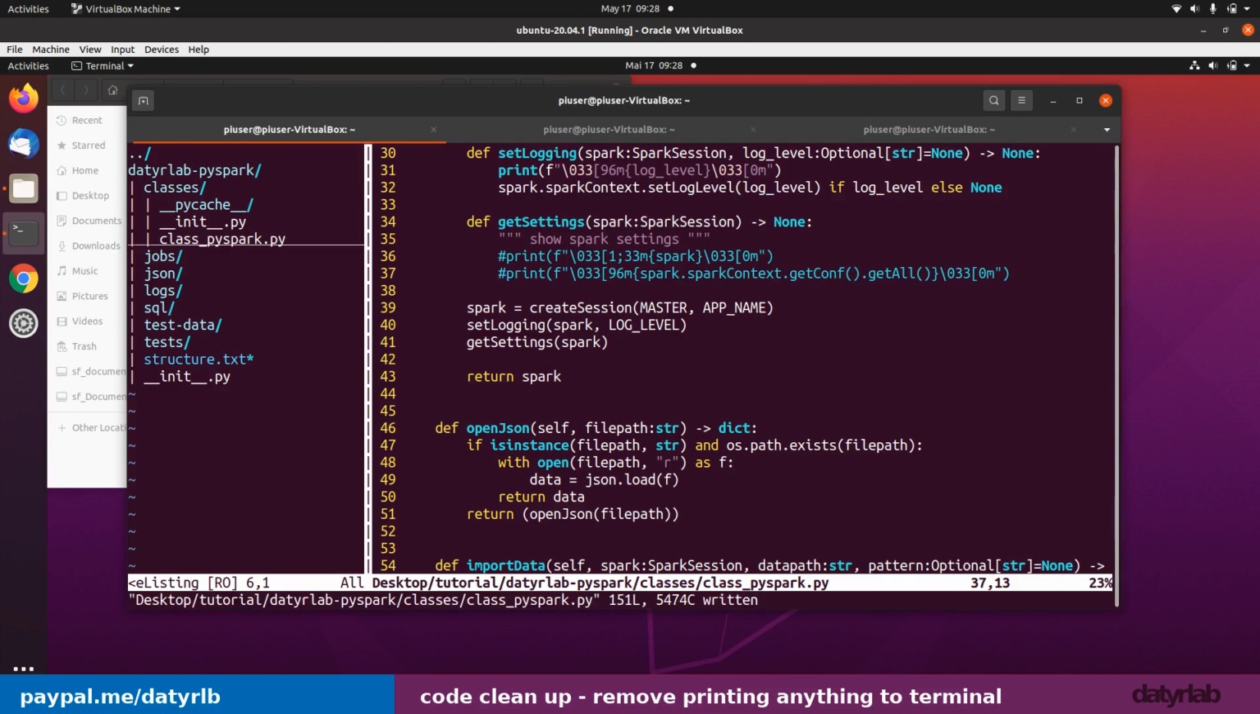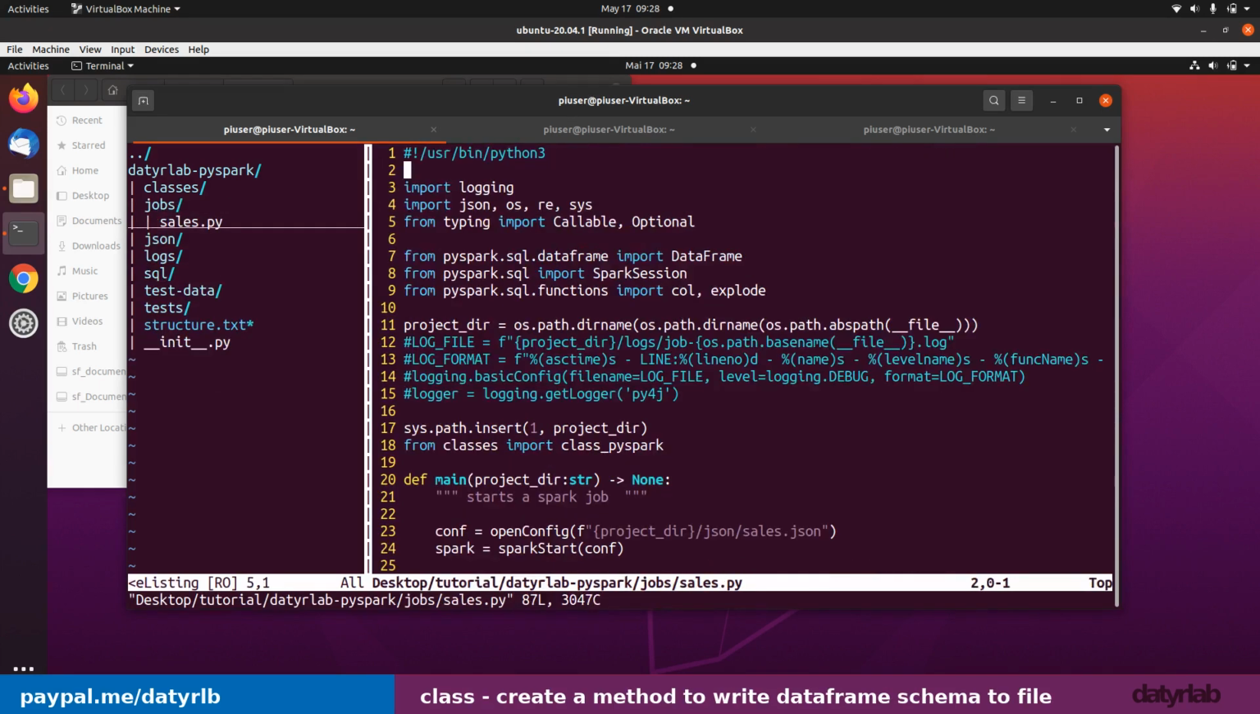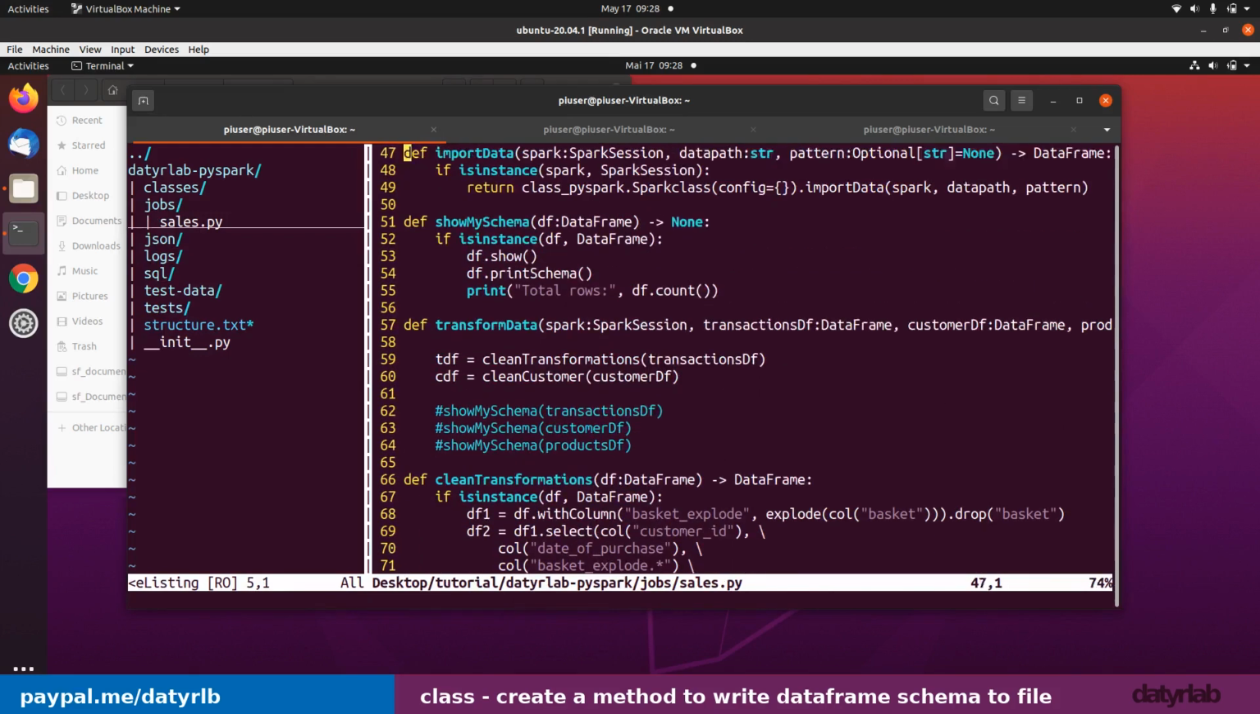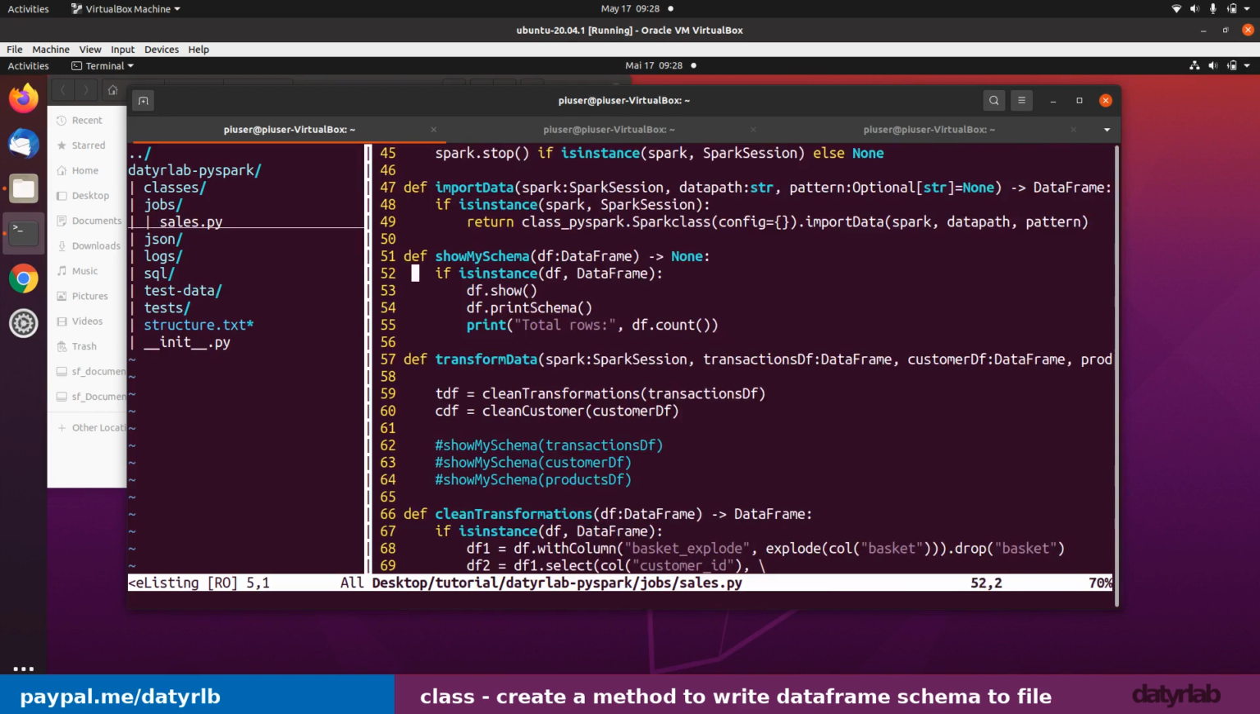Alright, so let's go over to jobs again, and I'm just going to replace this showSchema stuff over here. And what I want to do, I just want to start printing out the schema to a file in my temporary folder rather than to the screen. So for that, what I can